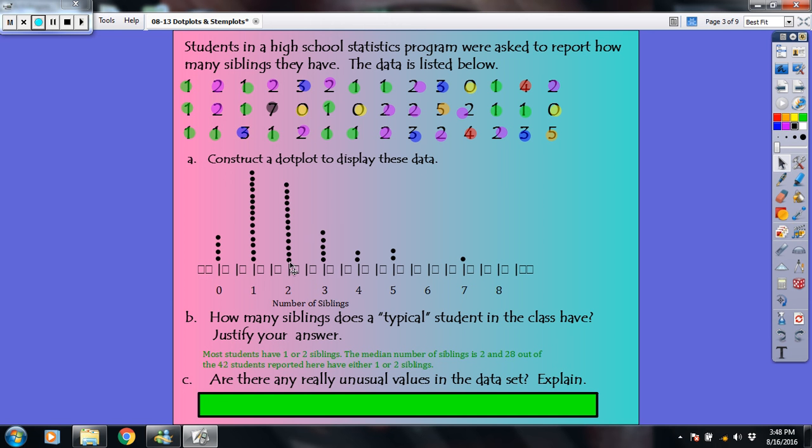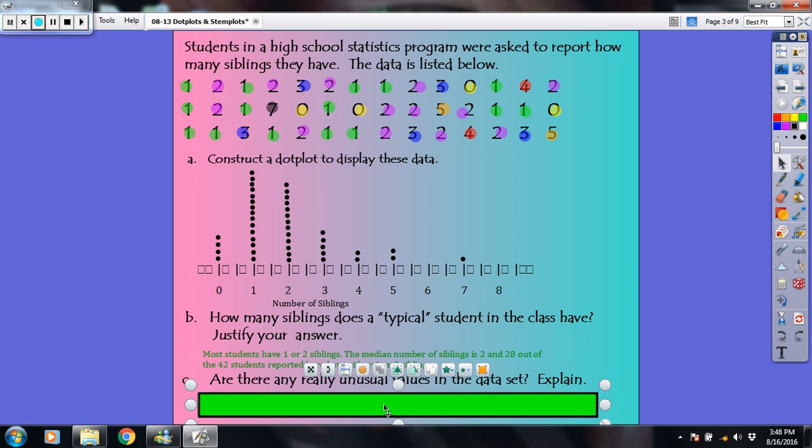And 28 out of the 42 students listed here, so well over half, reported here have 1 or 2 siblings. So I'm going to say that a typical student in the class has either 1 or 2 siblings. Okay, are there any really unusual values in the data set? And explain that. Well, I noticed a gap earlier between 5 and 7, and then all of a sudden there